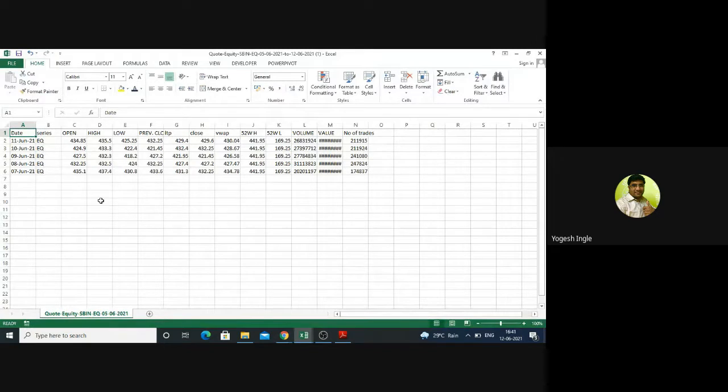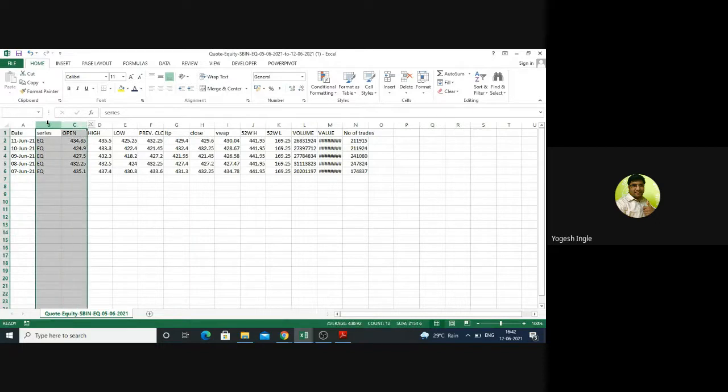So here you got the data. Now to calculate the standard deviation and return, I need closing prices only. So I will delete all data except date and closing prices.